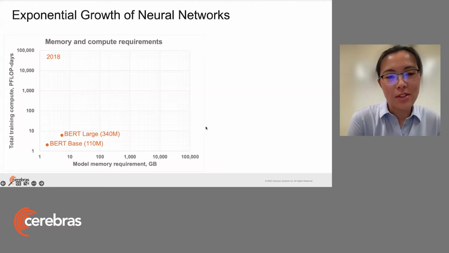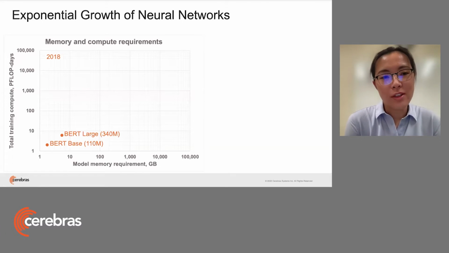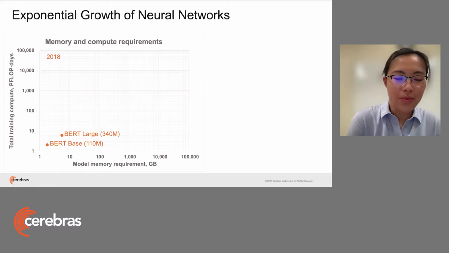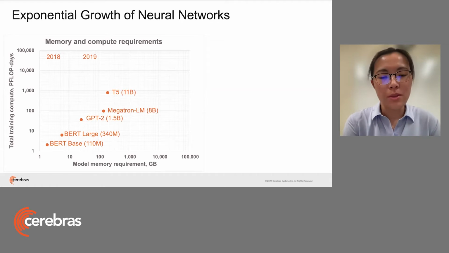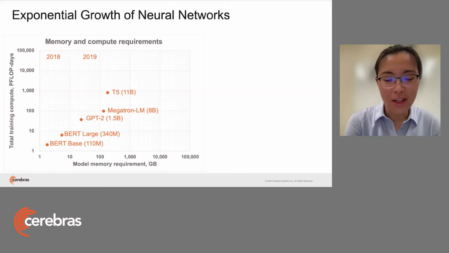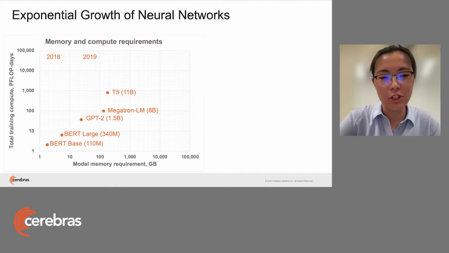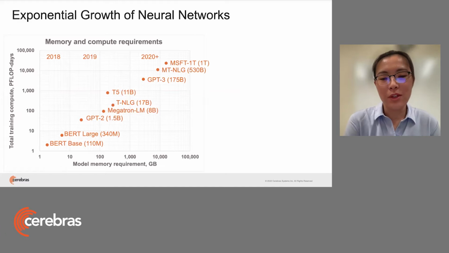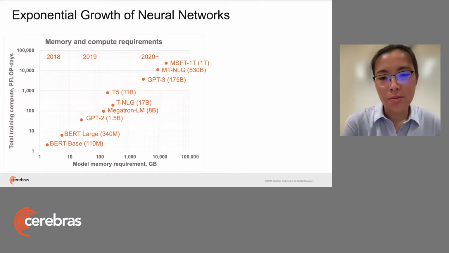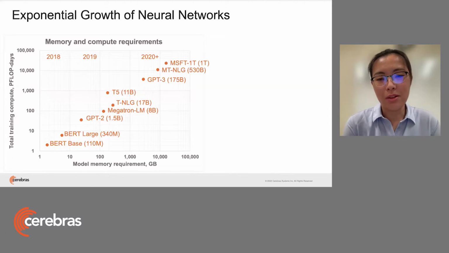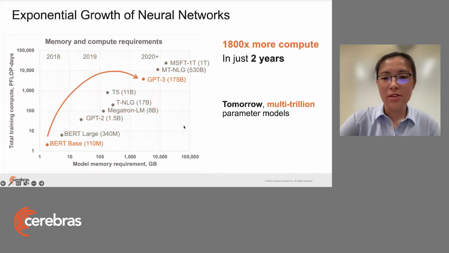To set the stage for today's talk, we have been observing an exponential growth of neural networks nowadays. Back in 2018, we had BERT-Base, which is 100 million parameters, and it was a lot at that time. In 2019, GPT-2 and Megatron-LM were announced, and we're now in the billions of parameters regime. In 2020, we got GPT-3, which has 175 billion parameters, and also the Megatron-Turing NLG model, which goes up to 530 billion parameters. This is a big jump.